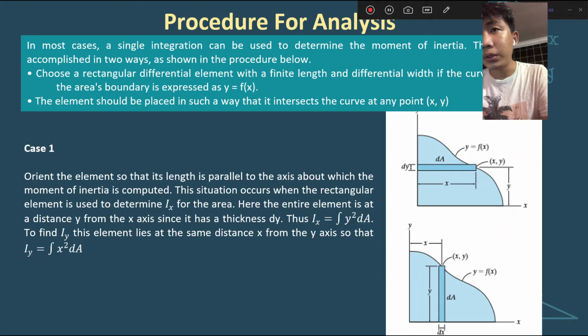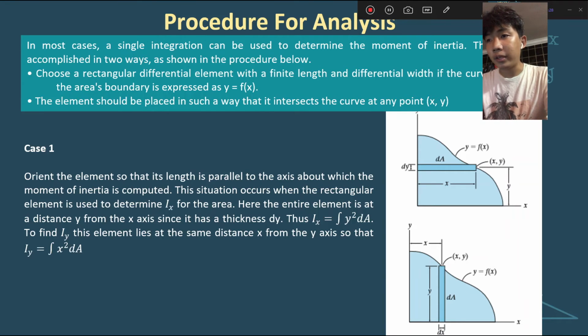So first we should choose a rectangular differential element with a finite length and width. If the curve defining the area's boundary is expressed as y equals f of x, the element should be placed in such a way that it intersects the curve at any point x, y. So for case 1,